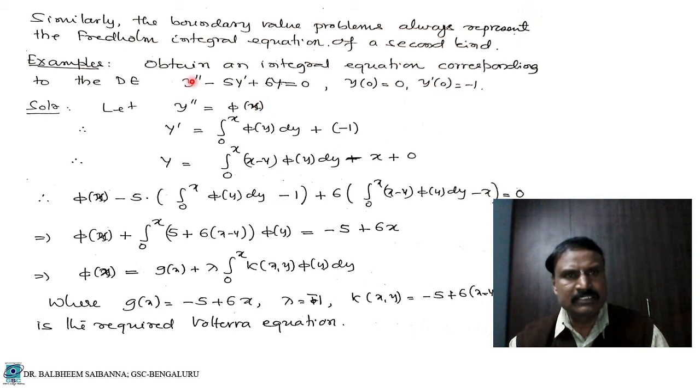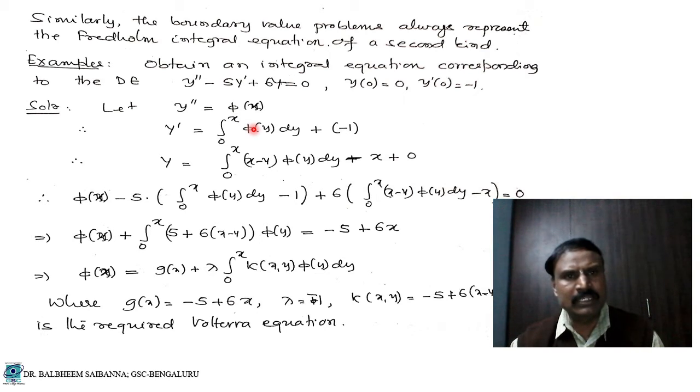Here the highest order is y double dash, which we consider as pi of x. Then integrate this with respect to x. The integration of y double dash gives y dash, equal to the right hand side integral 0 to x. Why are we taking 0 here initially? Because our initial condition is at 0. 0 to x. Then on the right hand side, what will we get? Pi of x dx, but it is a definite integral. When we have a definite integral, we follow the properties.